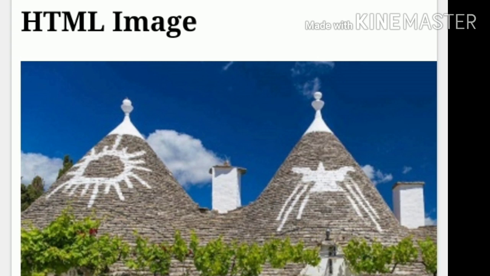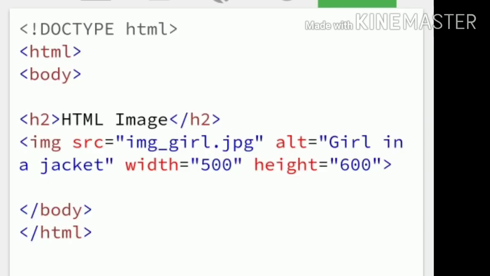Here the image is a girl image. Alt equal to within double quotation "girl in jacket", width equal to 500 within double quotation, height is equal to 600. Depending upon the images, these are the image sizes. Closing the body tag, closing HTML tag.